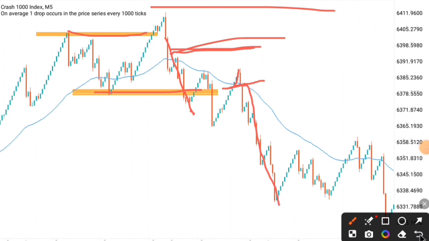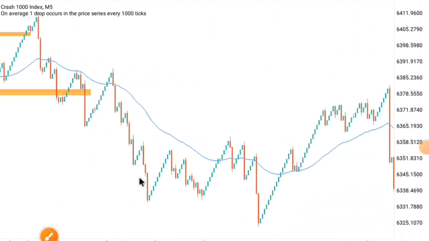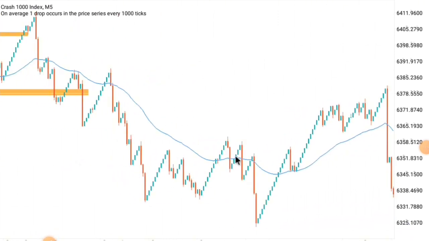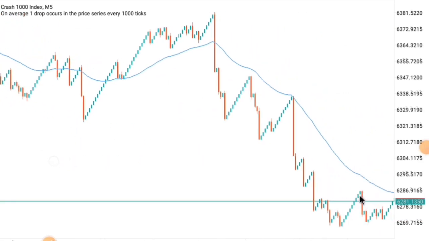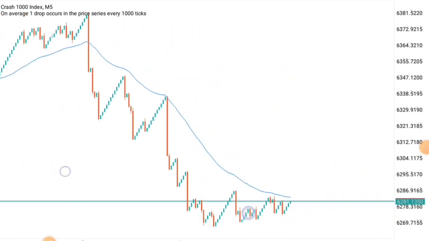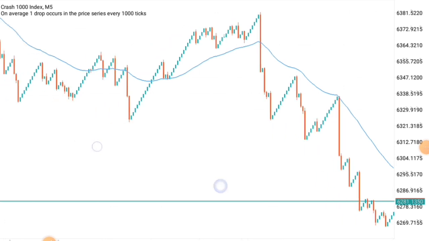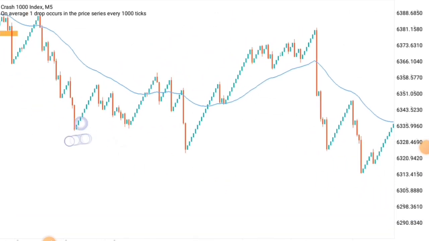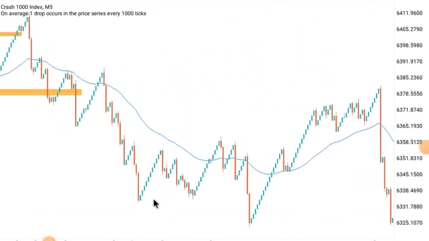Now let me show you. You can see price continues dropping. Yeah, price continued dropping. Okay, so at about this point you have exited your trade. Meanwhile, it still dropped more. Look at it, it still dropped more and it's still dropping. So you'd have closed your trade at about this spot here, and then you go back to 30 minutes time frame